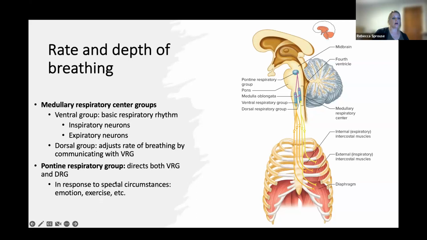In the pons, that has control over this group here, over the medullary group, and your pons responds particularly to abnormalities like emotion, physical activity, things that don't have to do with normal resting breathing. If you need to breathe more deeply or increase your rate due to extenuating circumstances, essentially. So I'm not going to go into too much detail here, but just know that your medulla and your pons